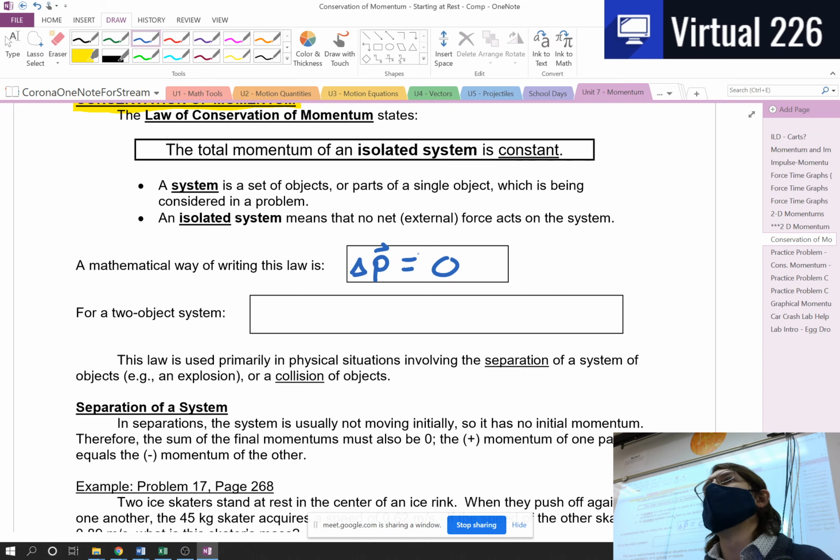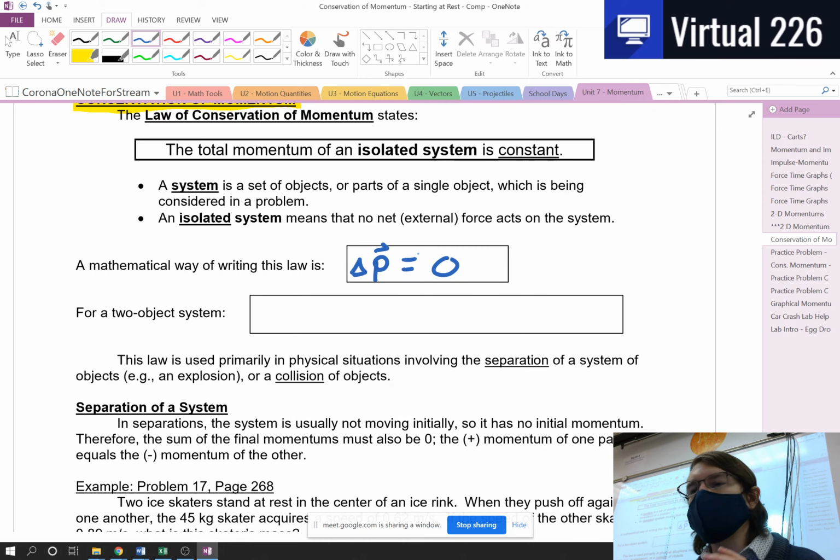Okay? We're going to talk about this in this class for two objects in a system. Like if you had a bowling ball and a bowling pin. That's two objects. The bowling ball, the bowling pin. You can expand this to a 300, 400, 500 body system, and the same rules apply. It just becomes a longer problem, and normally we just force the computers to do it, but the same principles will remain as we go through all this. We're going to do this with 2, because if you can do it with 2, you can do it with 3, you can do it with 4, it just takes more time.